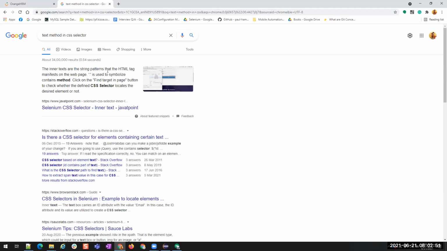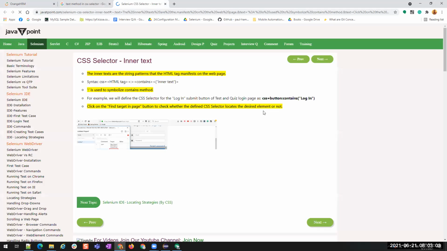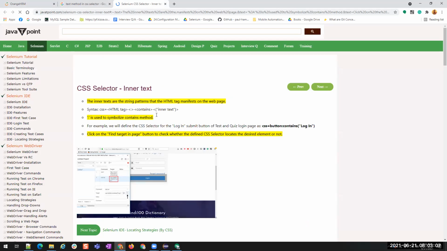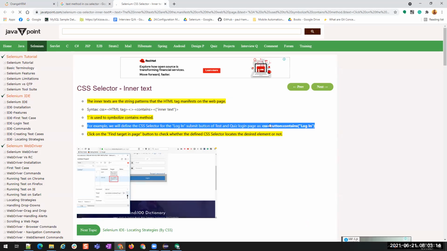The inner text or the string patterns in the HTML tag of the web page: colon is used to symbolize this contains method. Let's see if it has any method to find the text. You see, button colon contains text. So let us try this.